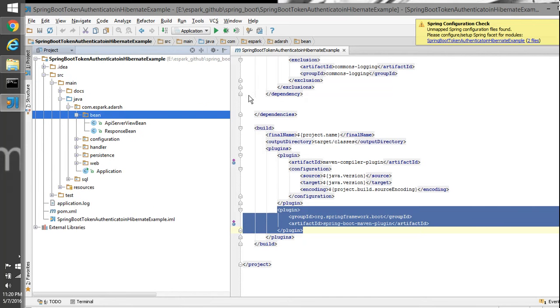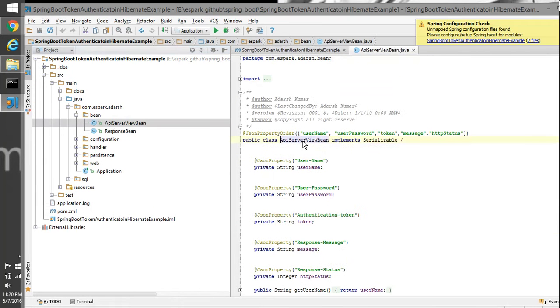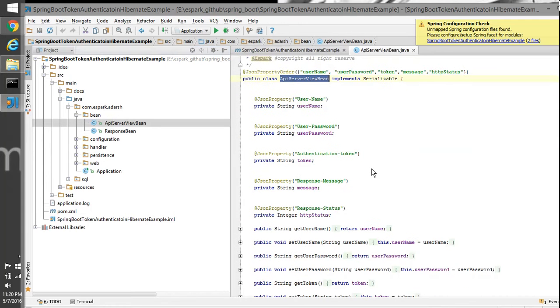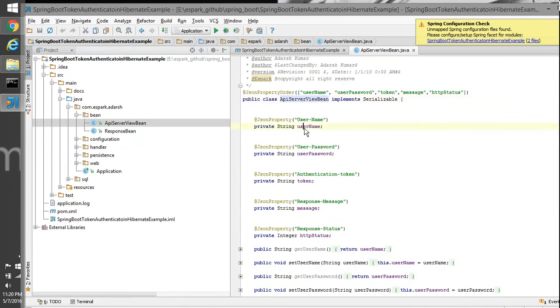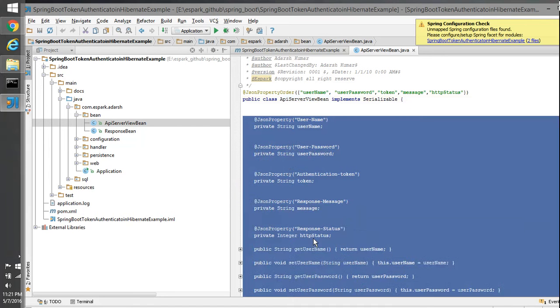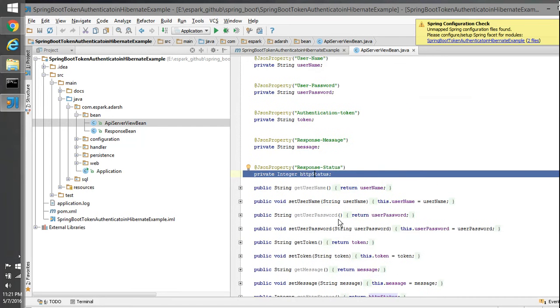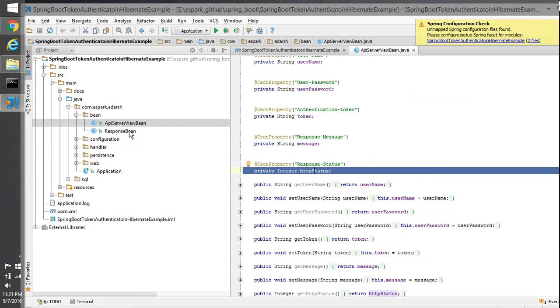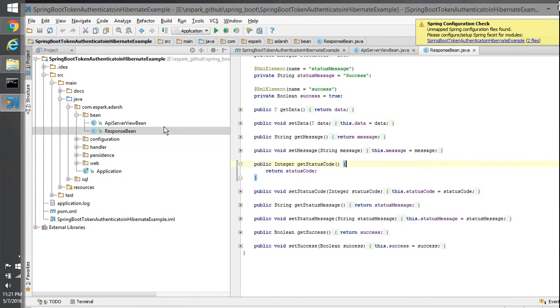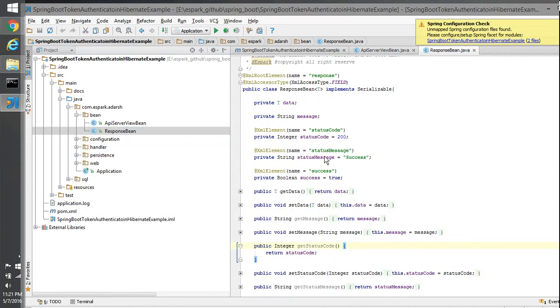We have the API server view bean class, where we have username, password, token, message, and HTTP status. I'm going to let you know what these things are going to do for us. Then we have a response bean class.